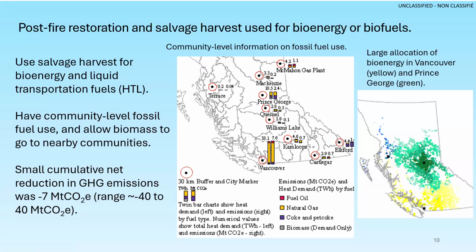And we found actually the major centers would be a big draw for the bioenergy because they have such high heat demand. So a lot of the biomass would be going to larger centers like Prince George and Vancouver. And is there a GHG reduction? Yes, it's smaller. And again, has quite a range because fire has quite a range. But it's also a little bit hard to predict 50 years into the future. We don't exactly know how our fossil fuels would decarbonize. But it does seem like there's a possibility to reduce the emissions in some cases.